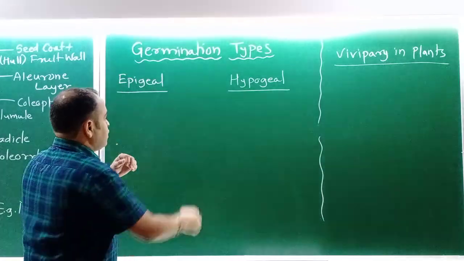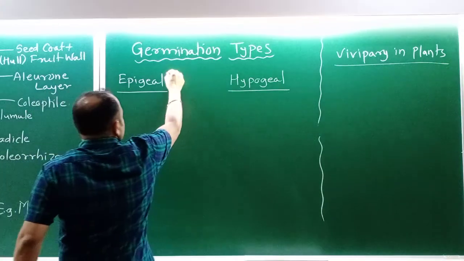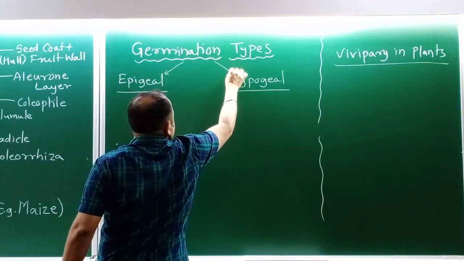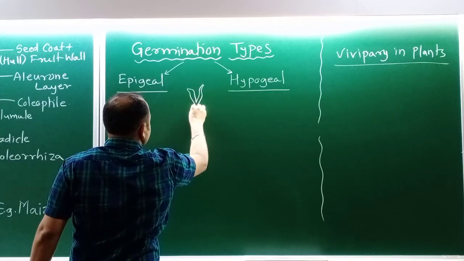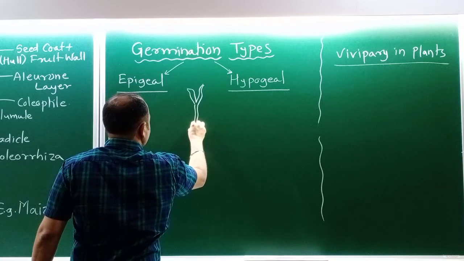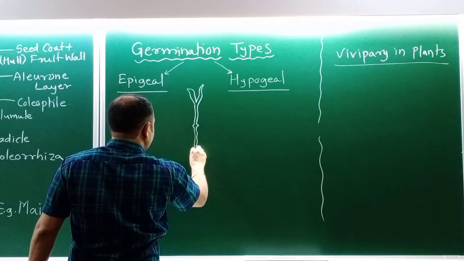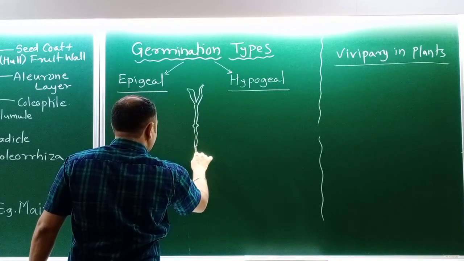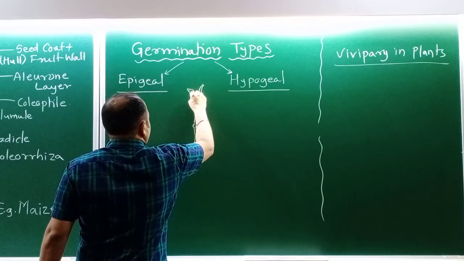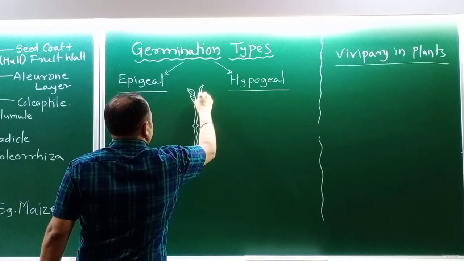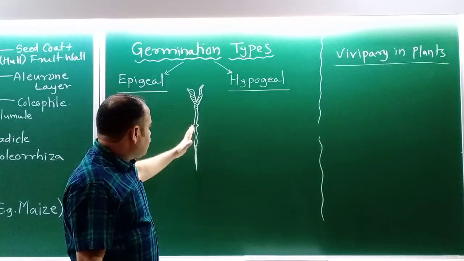I'll draw the embryo axis, common for both types of germinations. Now understand this embryo axis. This is